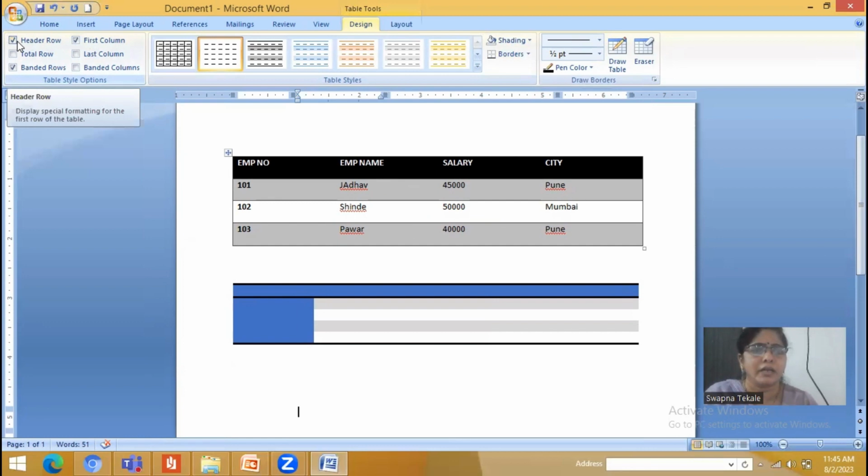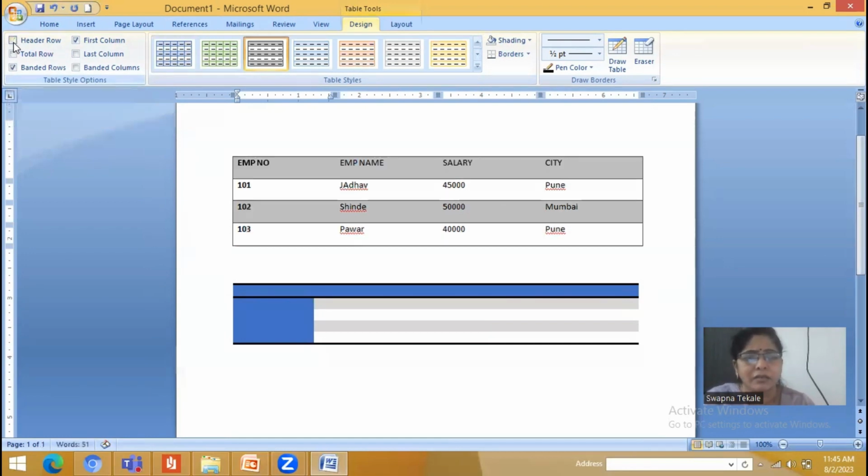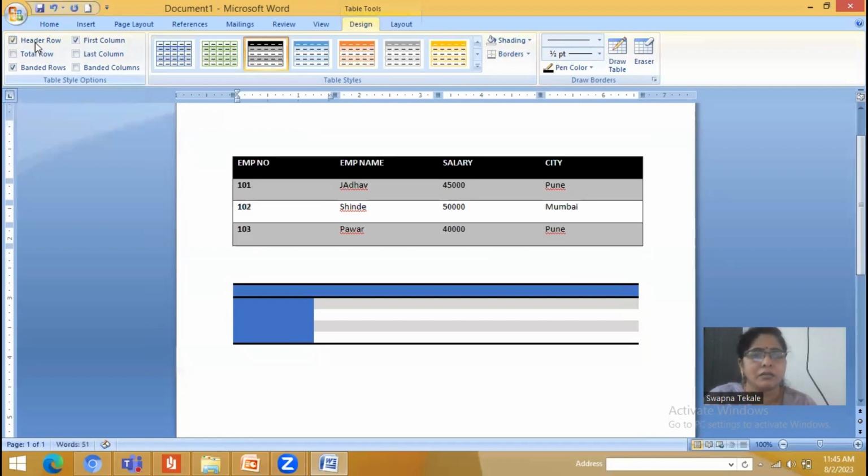Now, look at this. If you go to the design tab, we have a header row. Now put a cursor here and let us observe the changes. If you select it, the special formatting effects are applied to the header row. If you deselect it, the special formatting effect has gone. So observe it carefully, how it affects your table. As you know, these are the headings. Right. Similarly, if you select this total,